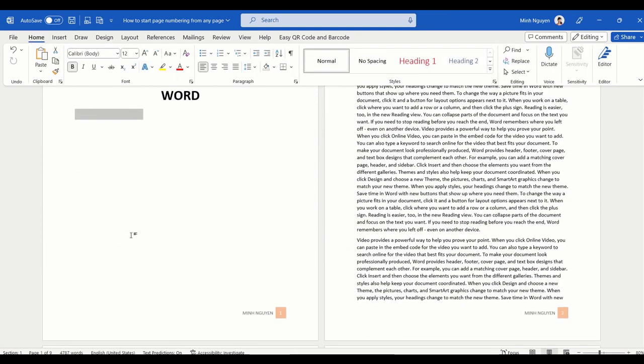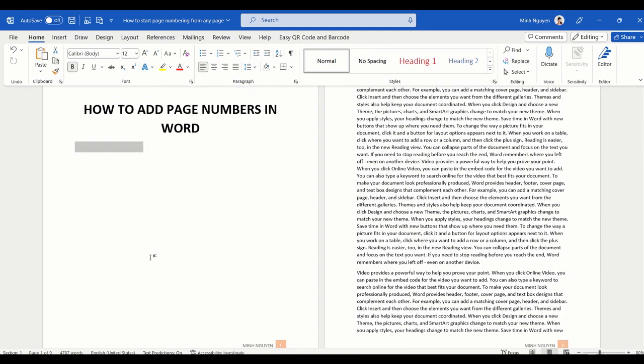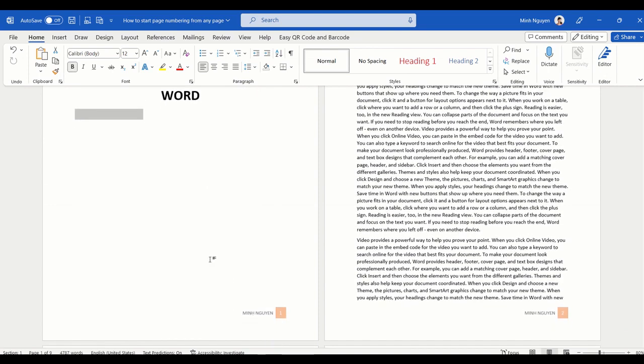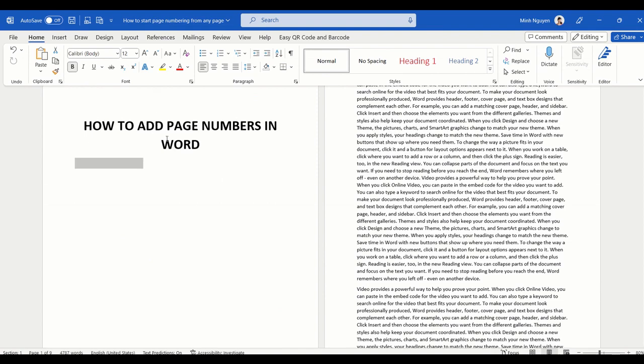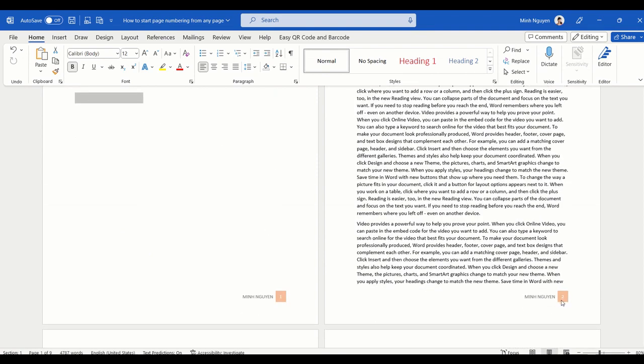Now this works, but in a lot of cases this is not what we want. We don't want the page number to start from the first page because usually the first page is the cover page. So we want the page number to start from page 2 and we want it to start at 1. How do we do that? Now there are a lot of different ways that this can be done. The most common method could be to insert a section break and then turn off link to previous and set page numbering to start from page 2, but it's quite messy, so let me show you a faster and better